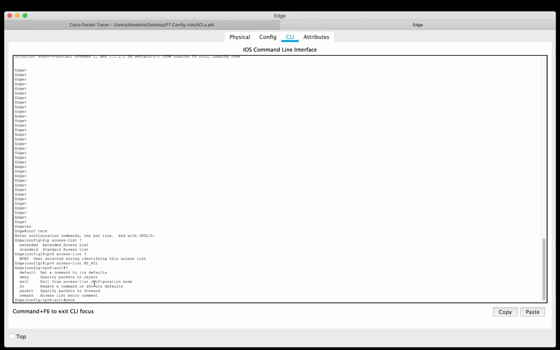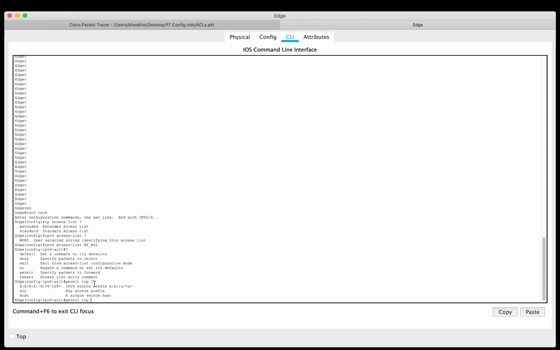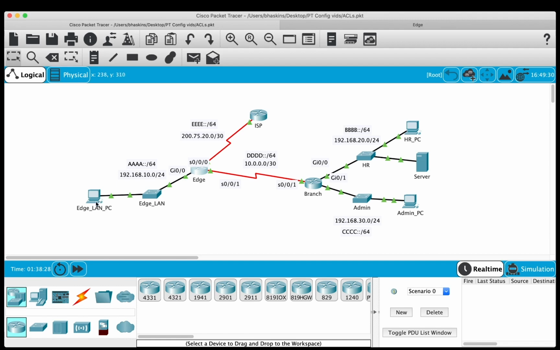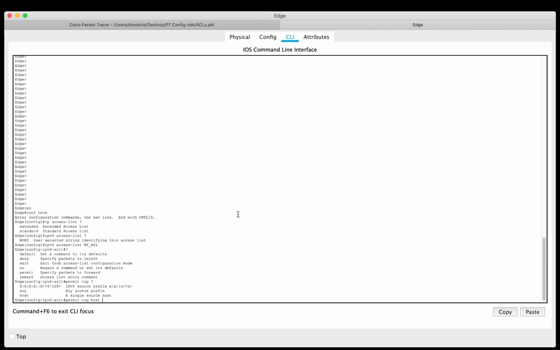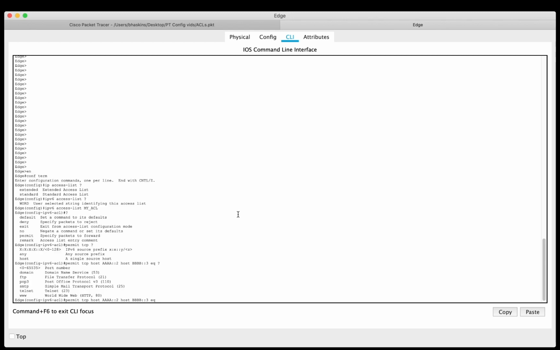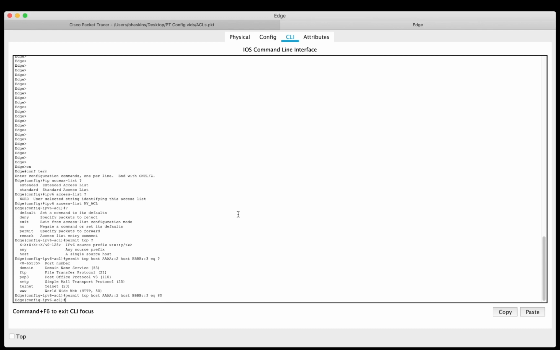So we can say, and I'm just going to make a few things up now, permit, and we want to permit host, obviously with IPv6 addresses. So let's permit host AAA2 access to the server over here, which is BBBB3, if I recall. So let's just say permit tcp host AAA2 to host BBBB3, and we'll say eq, and let's say port 80. Okay, that's it. Other than that, we can say permit, say for instance TCP, and we can say